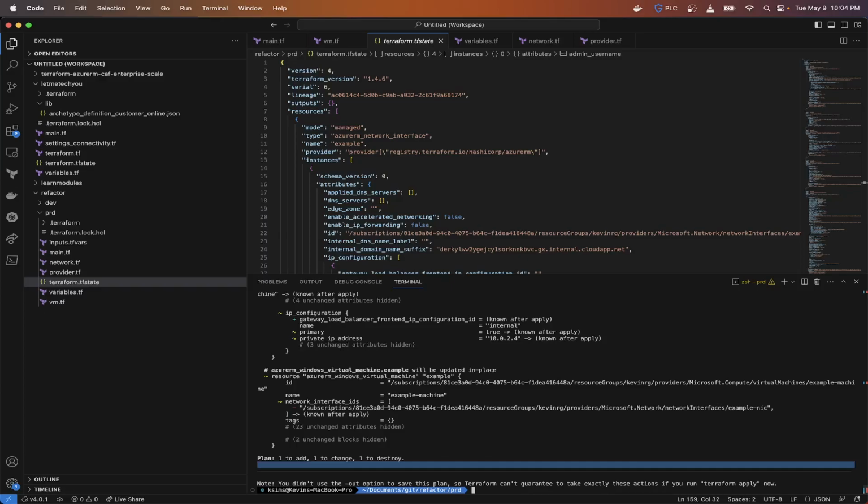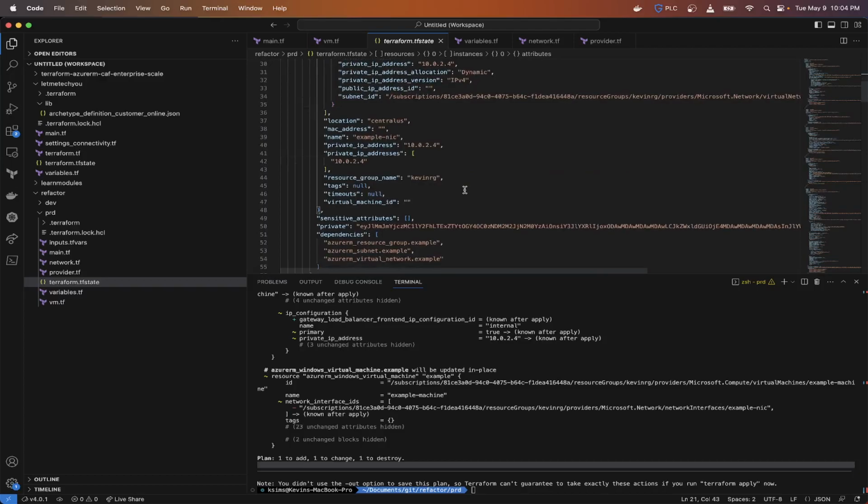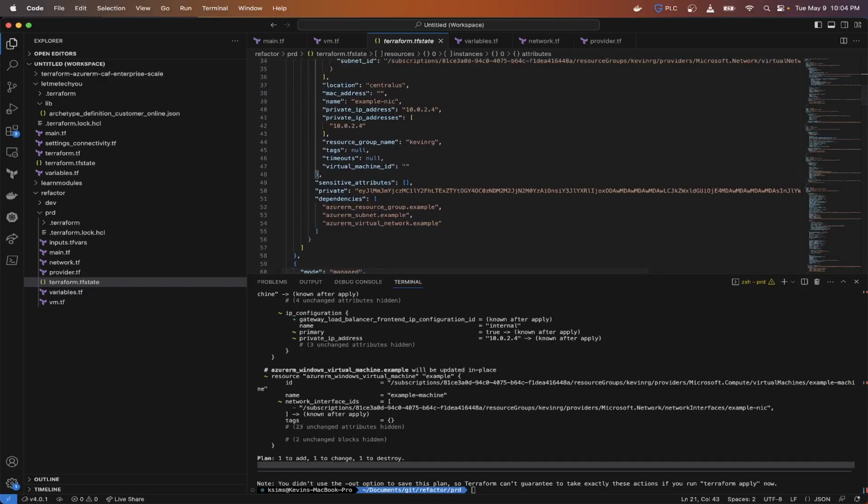So let's say we delete a VM, right? And I want to reference my state file to understand that that's been removed. Well, I can go in and say Terraform refresh, and then it's going to say, hey, there are some changes, this is going to be removed, and then it just removes that out. So that's it. And then Terraform destroy, that's another thing you can do to actually just destroy